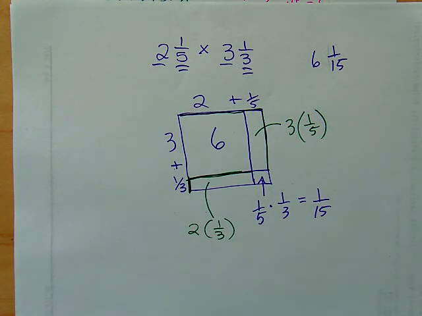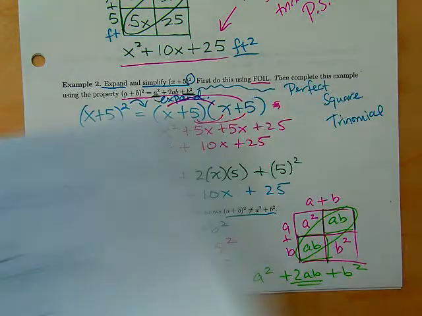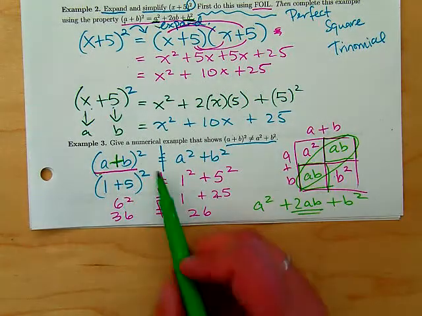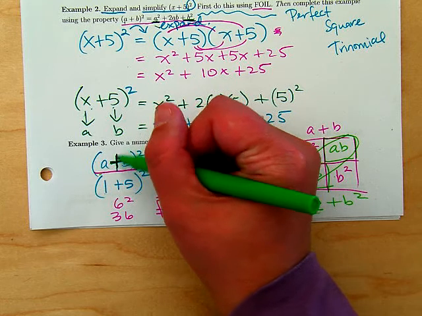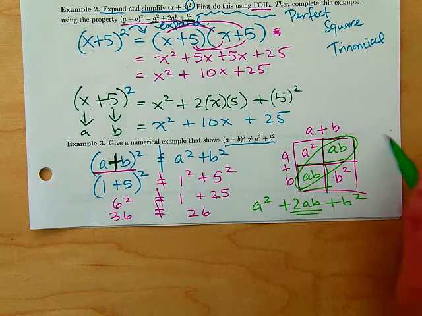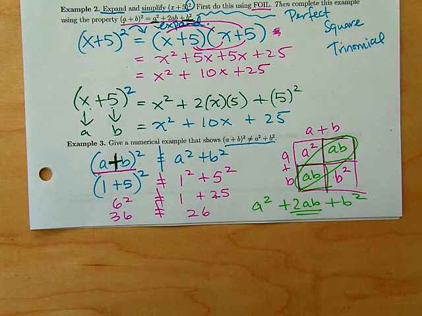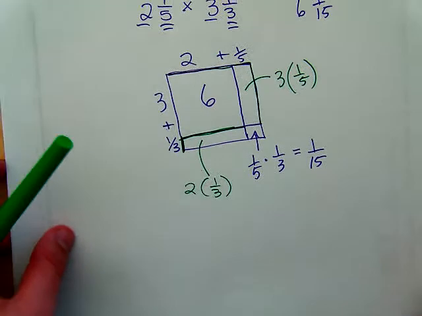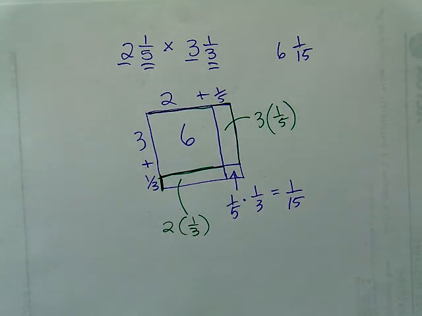Everything has to get distributed to everything else, which is the reason why we FOIL. And we always want to FOIL when we have this addition in between because of these extra spaces here. Does that kind of help? Yes. So essentially, which is the reason why, when it comes to mixed numbers, I always tell students, well, just